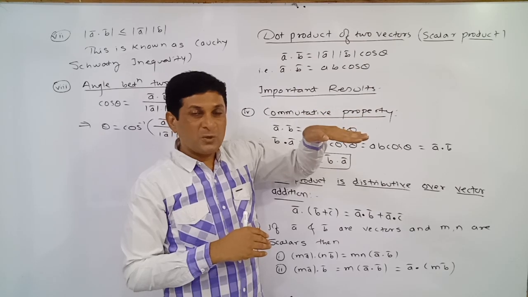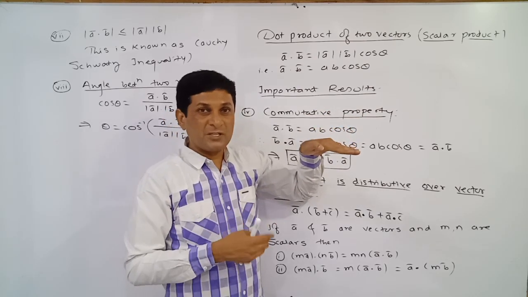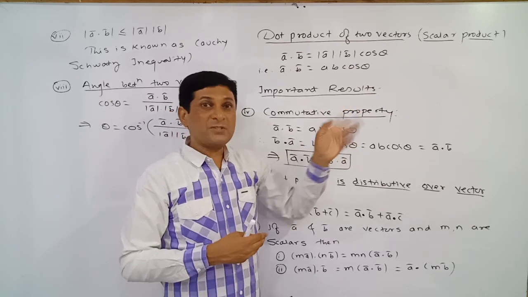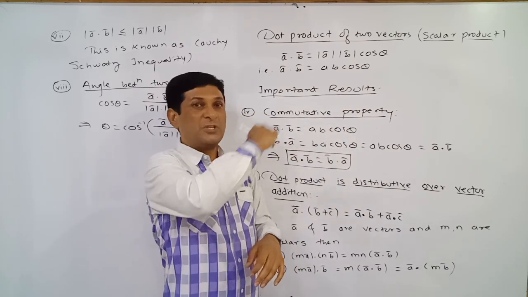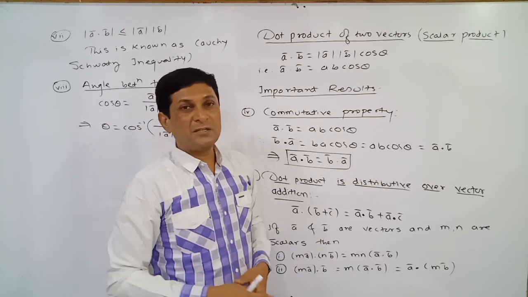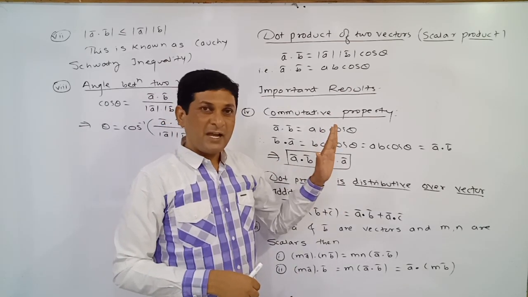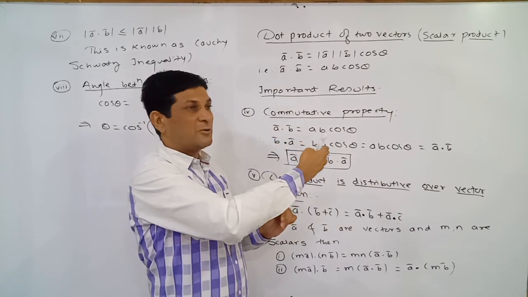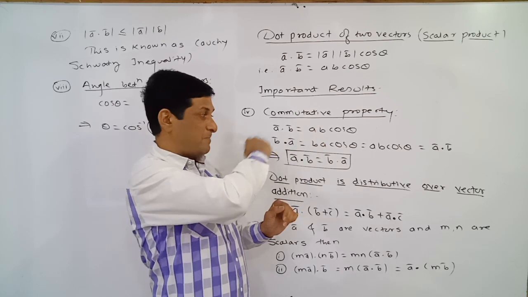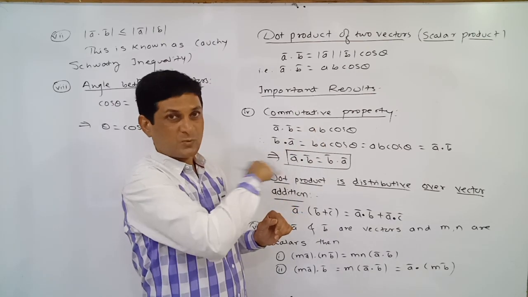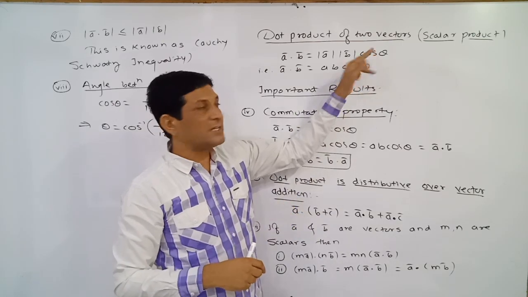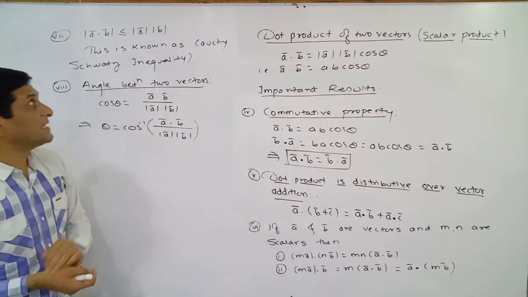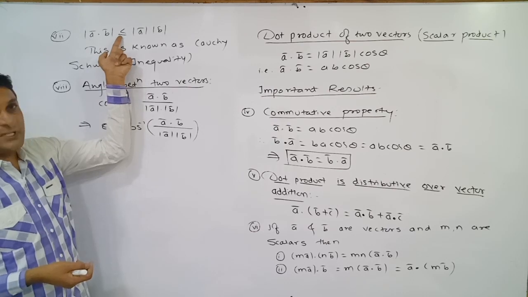If theta is 0, cos 0 is equal to 1. But as the angle increases, 30, 45, the value of cos theta decreases, and it becomes 0 when theta becomes 90, that is pi by 2. It keeps decreasing from pi by 2 to pi: at pi by 2 its value is 0, and at pi its value is equal to minus 1. So the value of cos theta decreases from 0 degrees to 180 degrees. That is why this inequality appears.